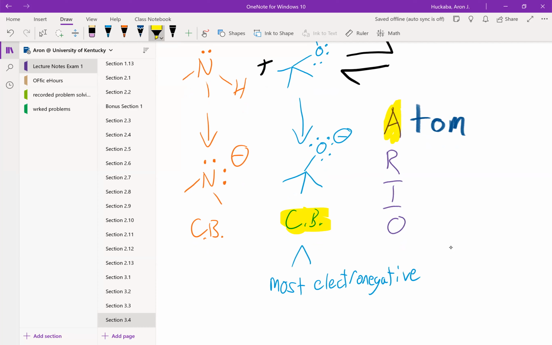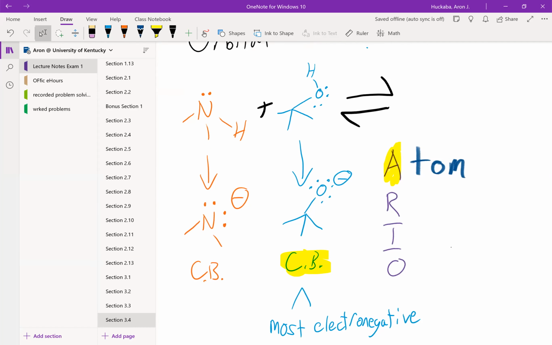So since you have the most stable conjugate base, that means its acid will be the molecule that gives up its proton, and the other will act as the base. So this means that our reaction now, we've determined from the ARIO rules, will have this structure,